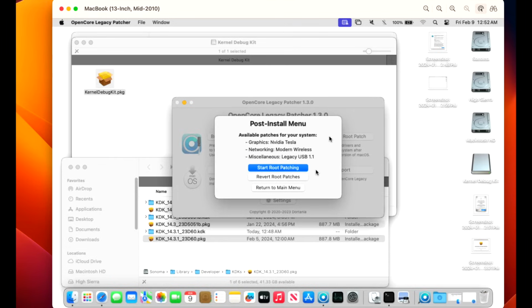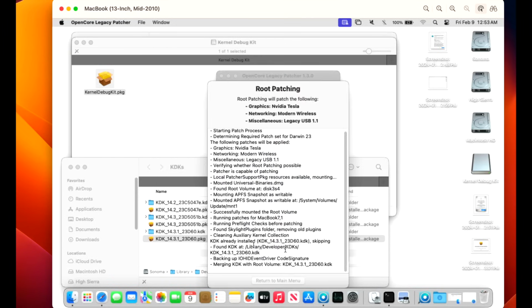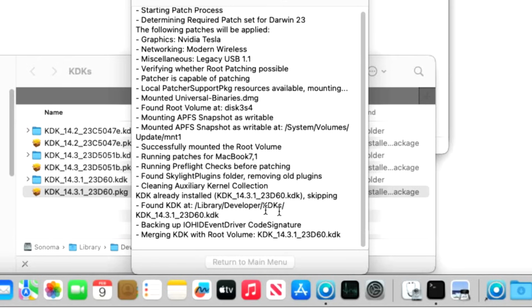NVIDIA Tesla, modern wireless, and legacy 1.1 USB like we talked about before, and that's why it needs the KDK. We'll click on start root patching, and we'll run it as root, yes. KDK 14.3.1, KDK is skipping. It is already found in KDKs because we already installed it, and now it's able to apply those KDKs to